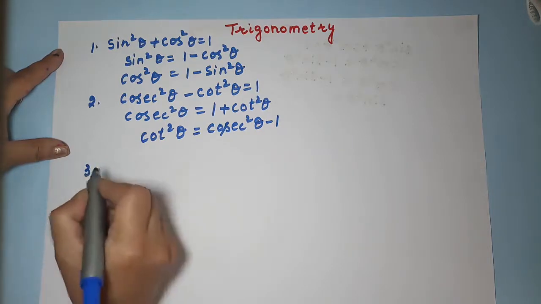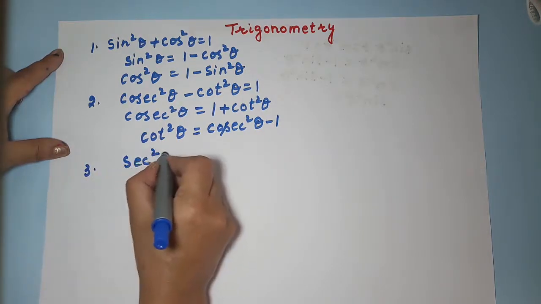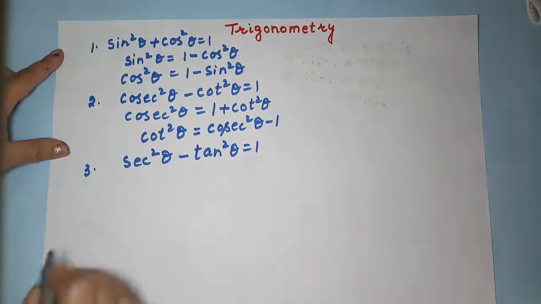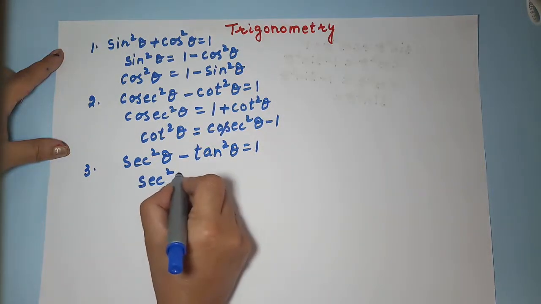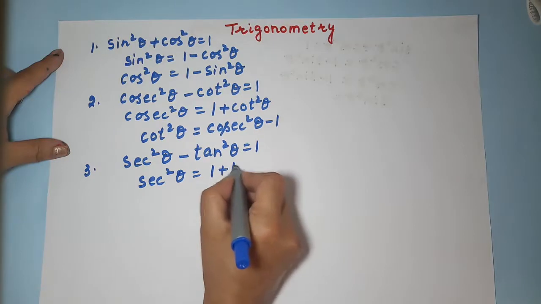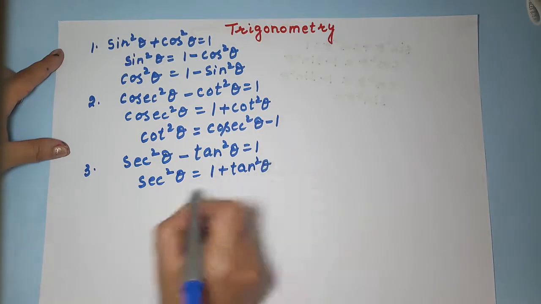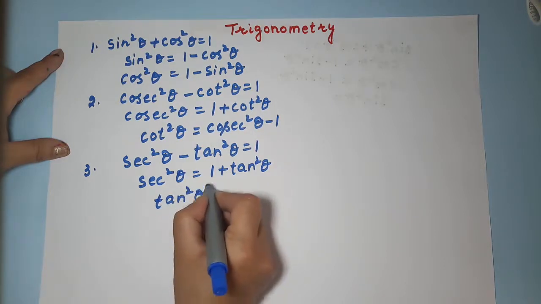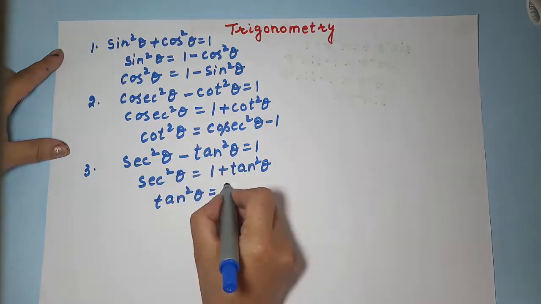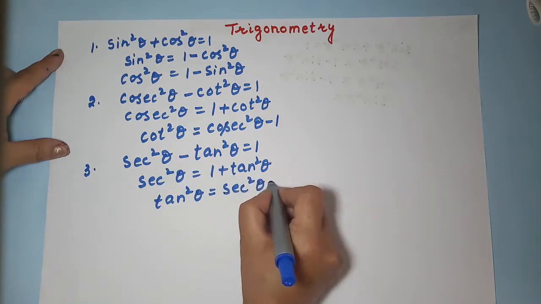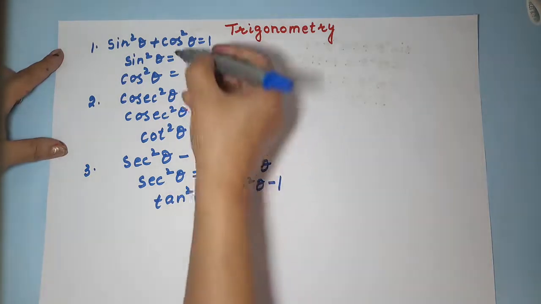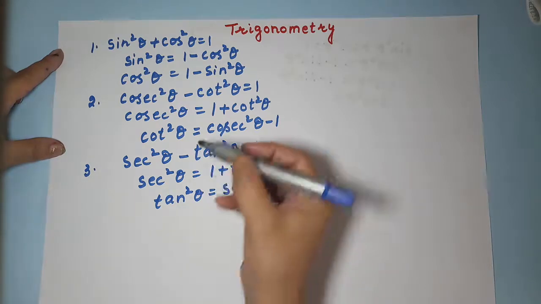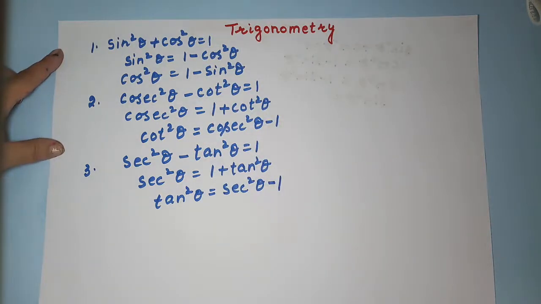Then third identity was sec square theta minus tan square theta is equal to 1. So byproducts of this identity is 1 plus tan square theta equals sec square theta, or if you want to find the value of tan square theta from this, you can shift this to this side and bring this to this side, it will become sec square theta minus 1, right? You are going to actually focus on these three identities in Standard 10 also. So you should be very thorough with these three identities. Then